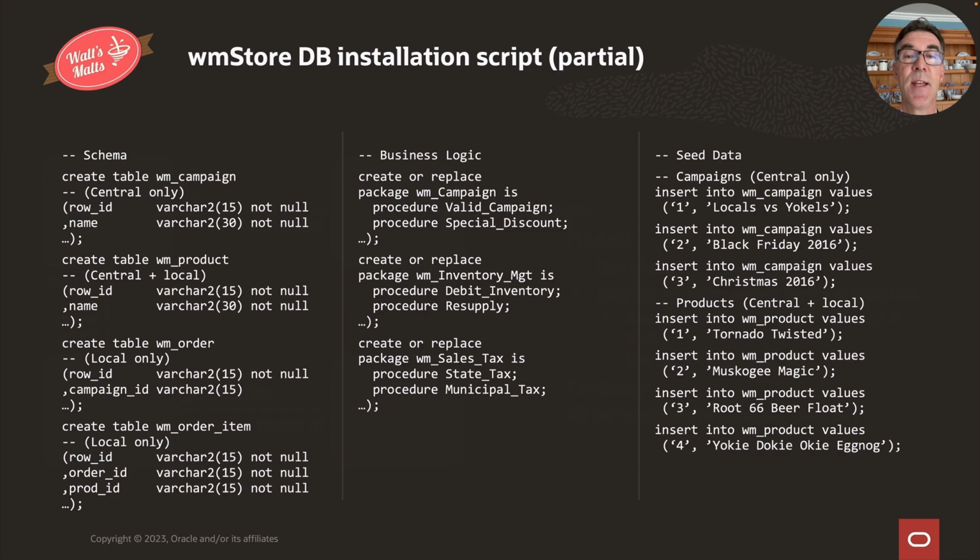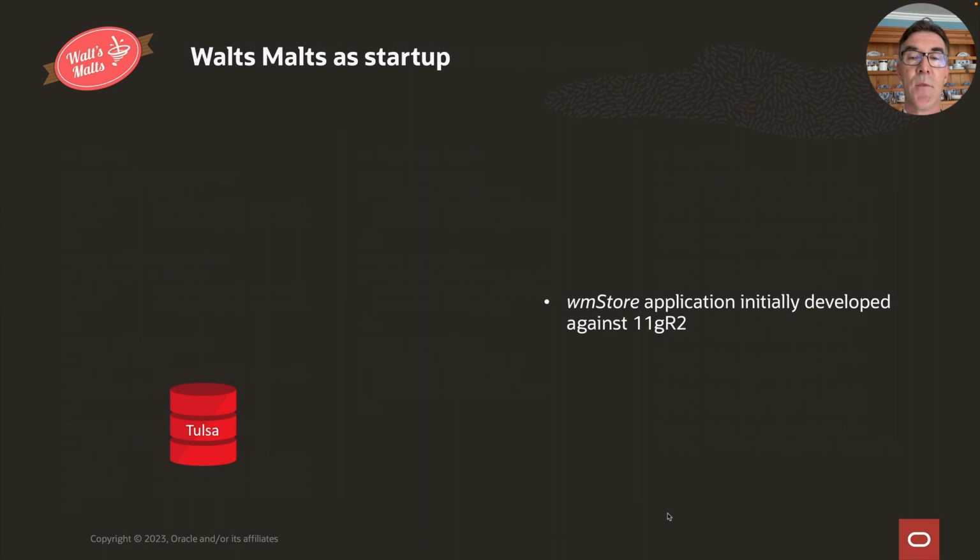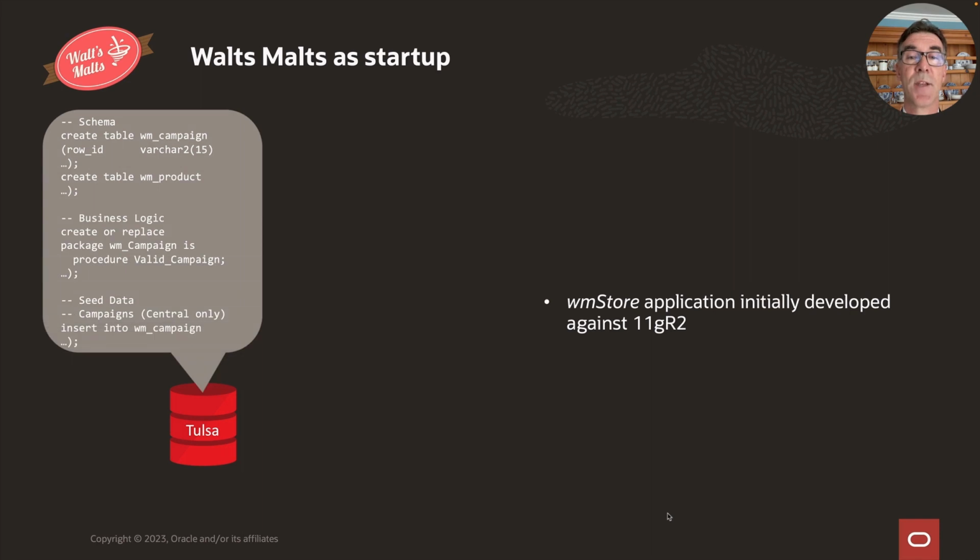Here's an excerpt of the installation script for this portion of the data model. Don't worry about the details of the script, which is probably too small to read anyway. There's a section to install the various tables in the schema, the PL/SQL for things like campaign and inventory management, and various items of seed data. The point is that all of this represents considerable investment in IP. So in the early days of the single store, the wmStore application was installed by running the script in a